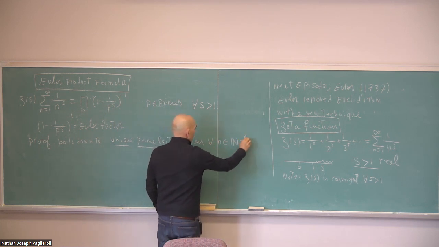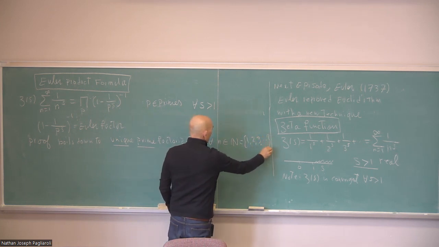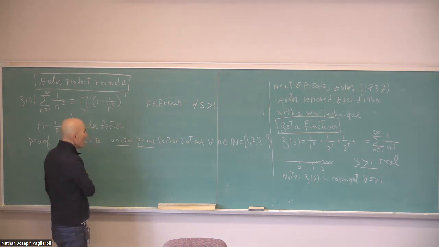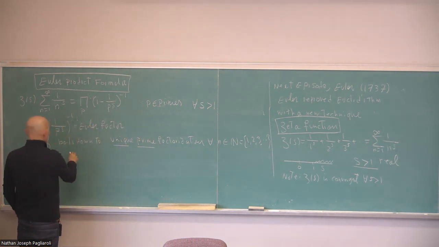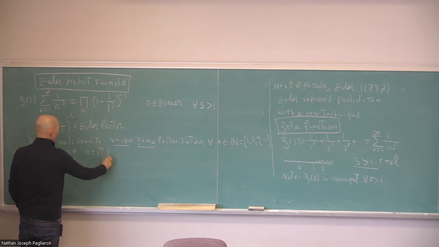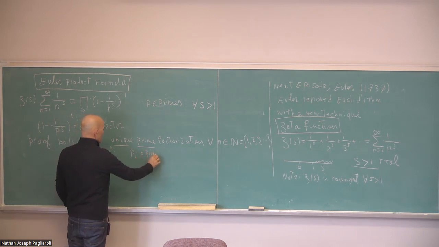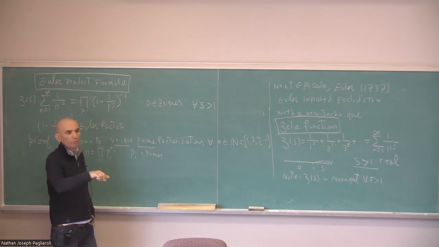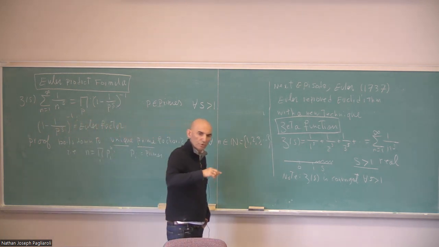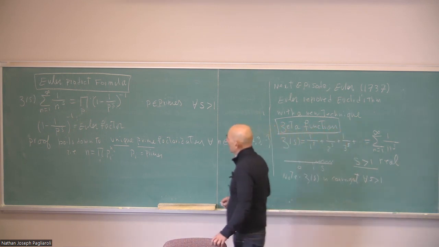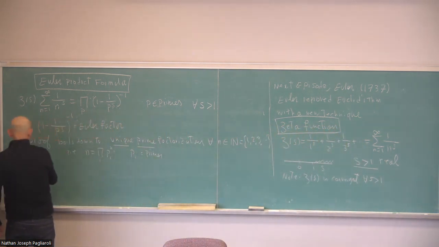So this is unique prime factorization for all n belonging to N. So this is the set of 1, 2, and for me, the set of integers excludes 0, so it's just 1, 2, 3. Now, what does this mean? It means that we can write any n as a product of p_i to the power n_i over i. The p_i's are primes. And this product is essentially unique up to some trivial permutation of these primes. So if you use this, then you can use